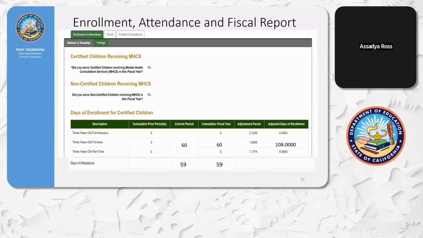So here's an example of the enrollment and attendance portion of the enrollment, attendance, and fiscal report. This is going to be the first tab of the enrollment, attendance, and fiscal report. Enrollment and attendance are reported by service county. This contractor is only providing services in one county of Orange, so that is the only county that you'll see